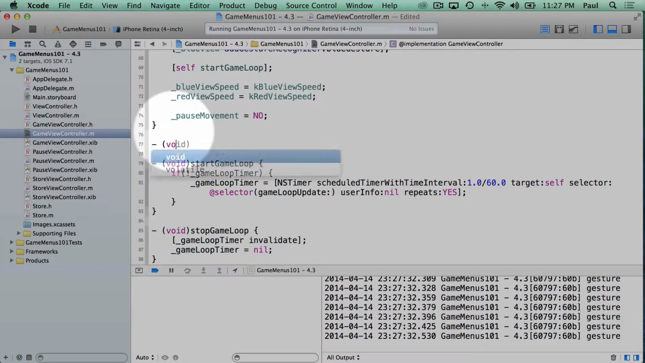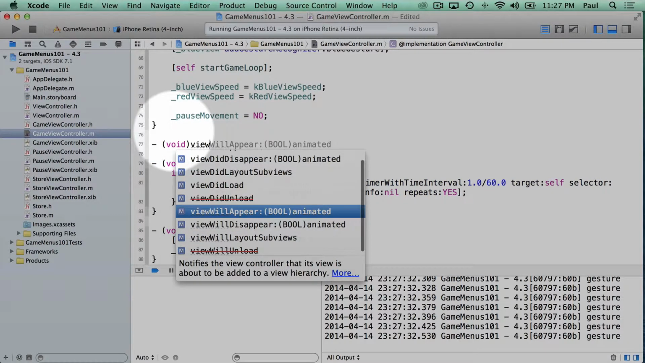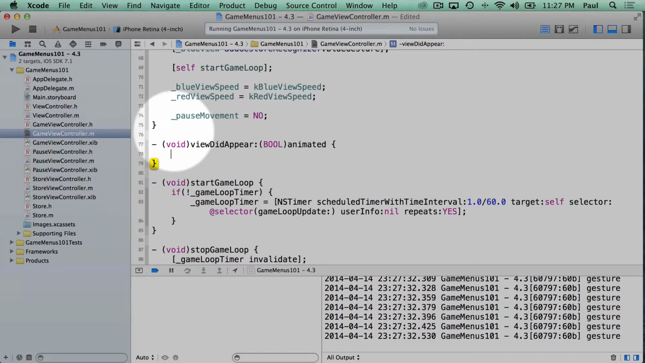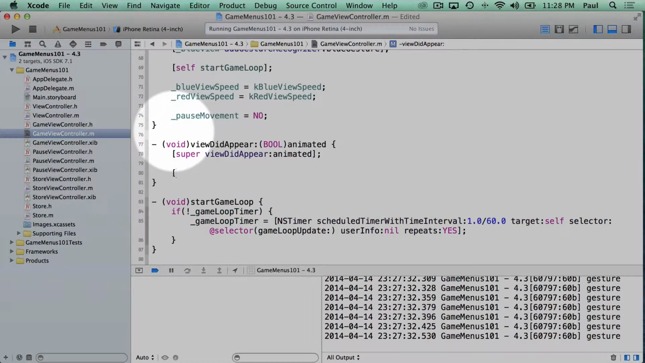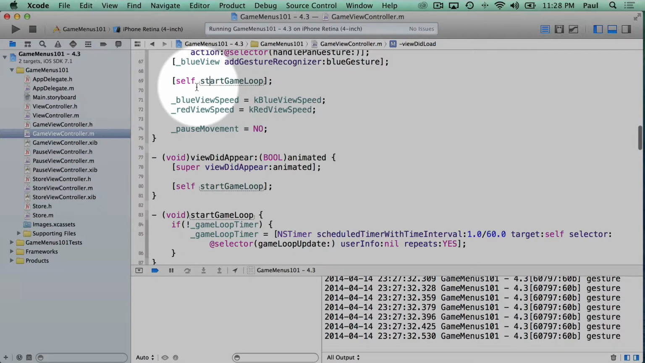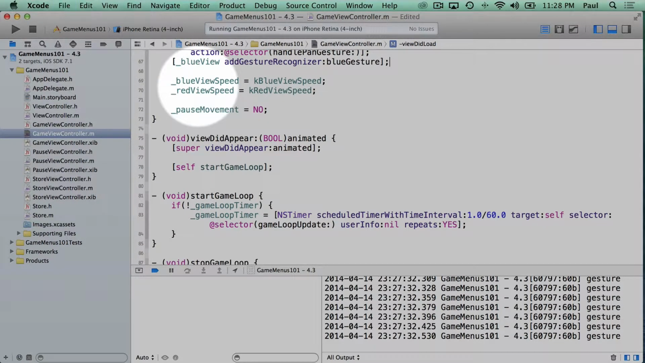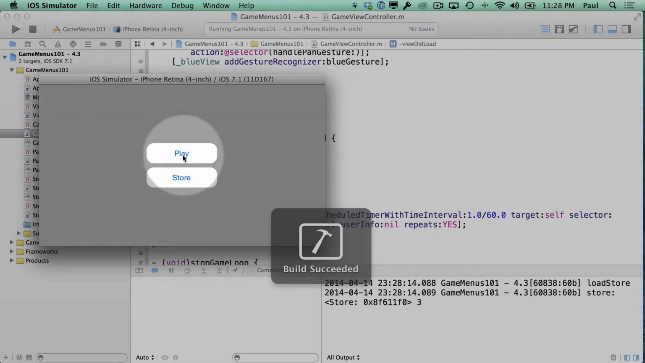So let's start the game when it is now visible. viewDidAppear is the method that we'll want to use. We need to make sure we make a super call, viewDidAppear animated, and then we can start our game loop, self startGameLoop. And so we would have never discovered this until we added the pause feature. Sometimes when you're adding new features, you can break old features,